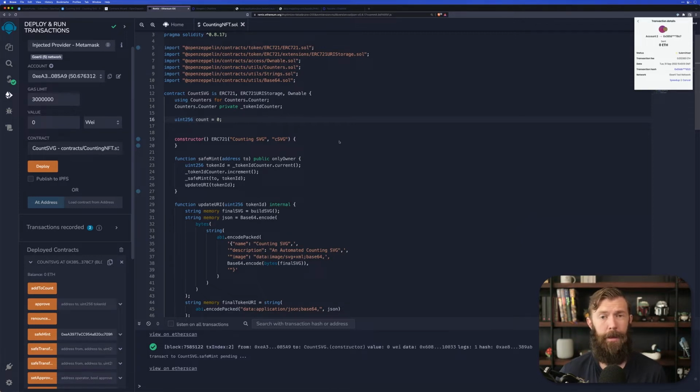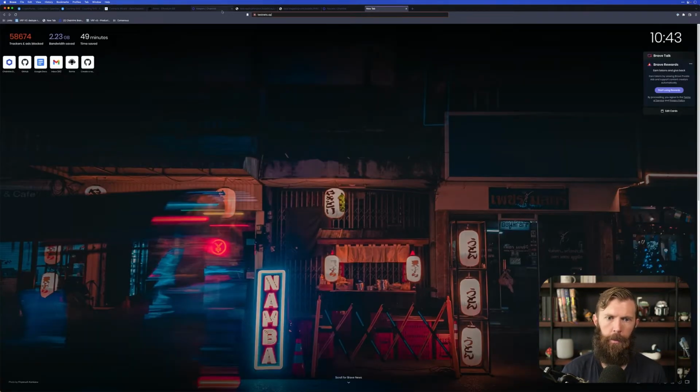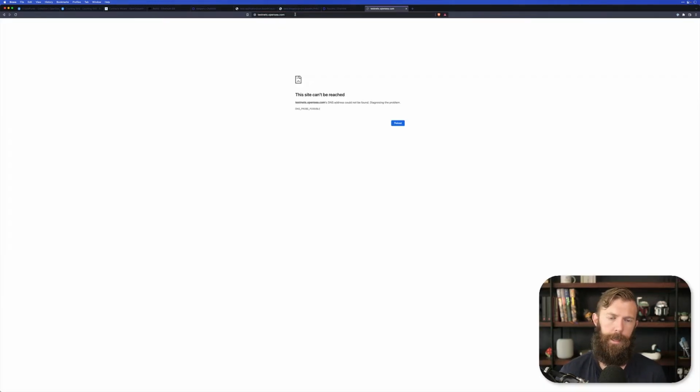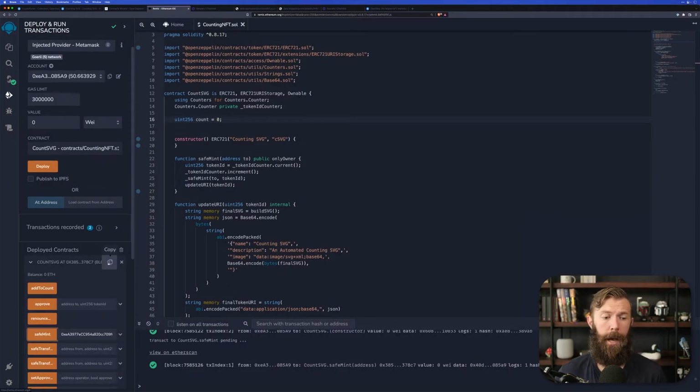At this point, we should be able to see our NFT on OpenSea. We're on the Goerli test network. So OpenSea has OpenSea.com. They also have testnets.opensea.com. So if we head on over to testnets.opensea.com, oops, it is OpenSea.io. Apologies for that. So it's OpenSea.io. If we head on over there and we copy the contract address,